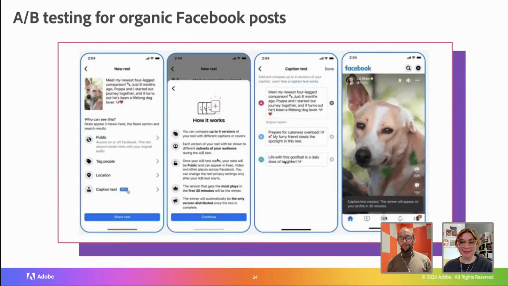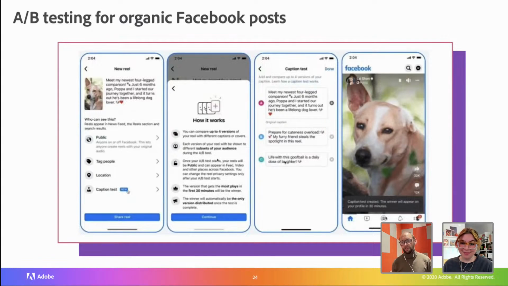But what you can now do on Facebook is do a split test of different captions. So here they will take 3 captions. Of course, I think there's some AI generated element to help you create a caption. Not entirely sure, but it makes sense if there was. Either way, you can run a caption test if you want to. For the first 30 minutes, it'll be an even split 2 or 3 ways across these different captions with the same media. And then whatever is the winning one will then get displayed ongoing.